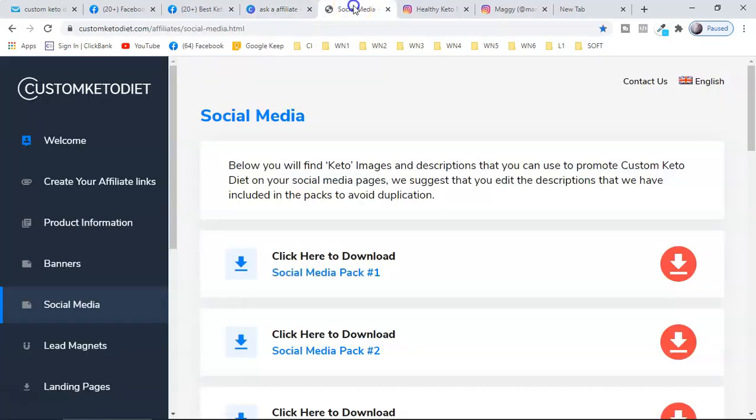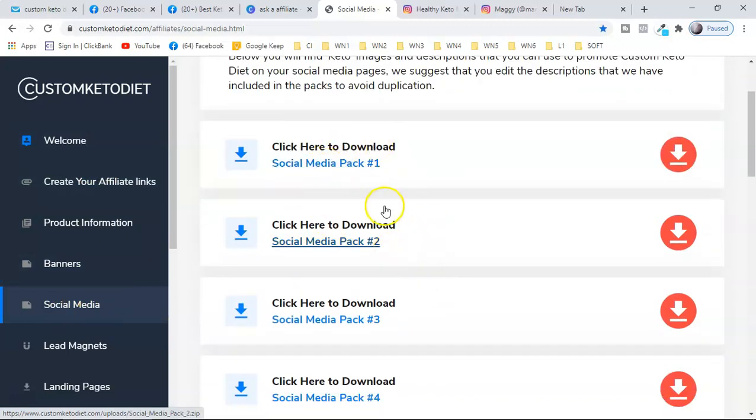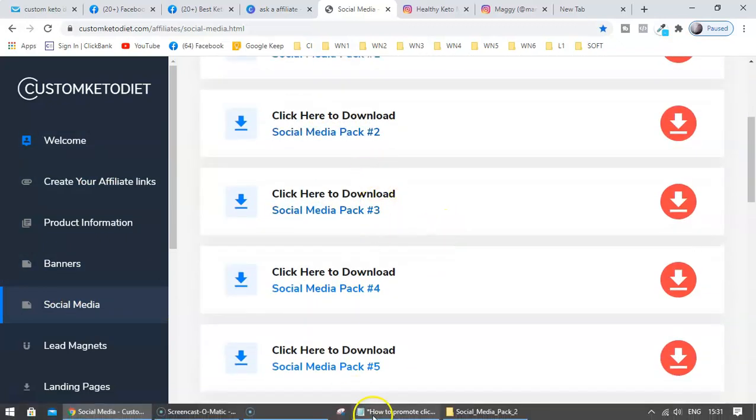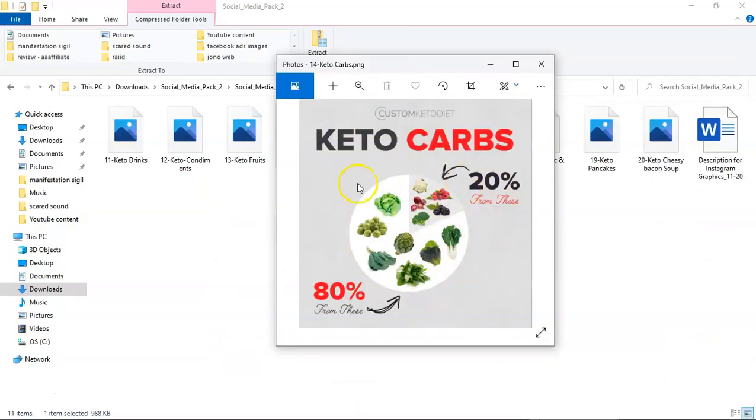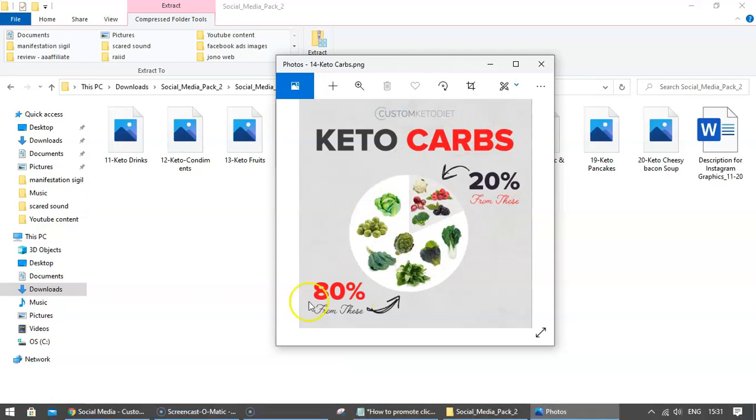As well as, guys, you can also check their affiliate page, and here you can see social media. Under this, you're going to get so many social media posts given by the vendor itself, right? So you can download these posts. Look at this, this is the post. Okay, you can post these kinds of posts in a Facebook group or pages, and you can put it in the text, right? If they are looking for free stuff, you can give it to them there. Okay, so you can use that.